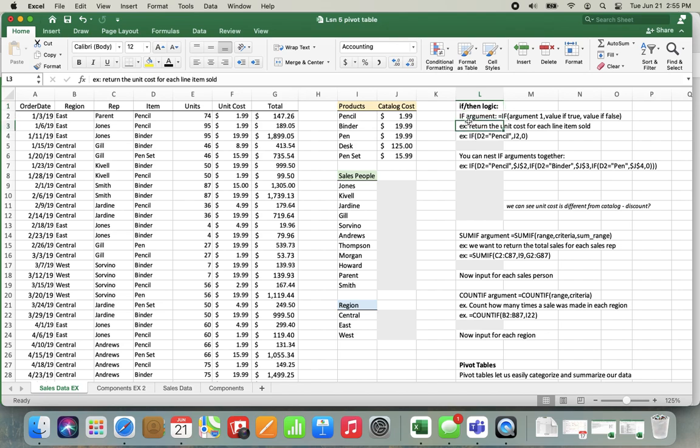So for example, we want to return the unit cost for each line item. I guess we should go through the data that we're looking at. We've got sales, we've got the order date, the region, east, central, or west. We've got the name of the sales representative. We've got the item. Our items are pencil, binder, pen, desk, and pen set. In our data set, we've got the number of units sold, at what cost they sold it, and the total